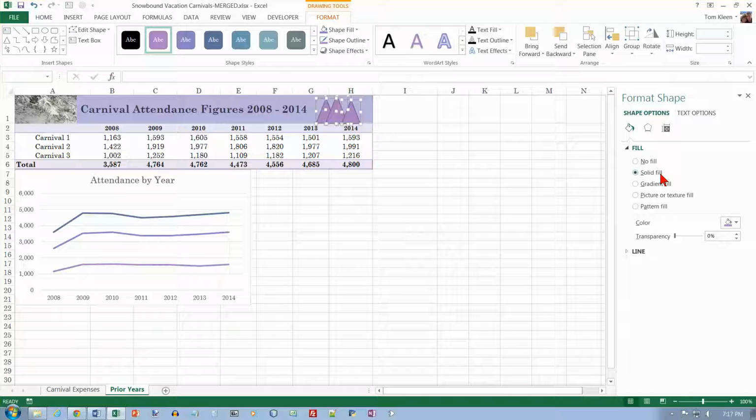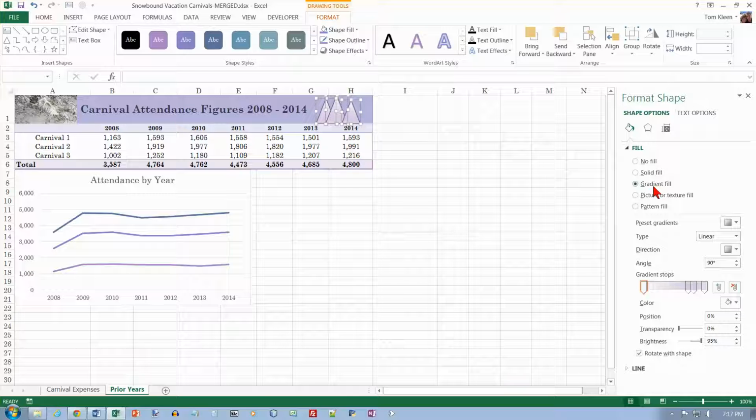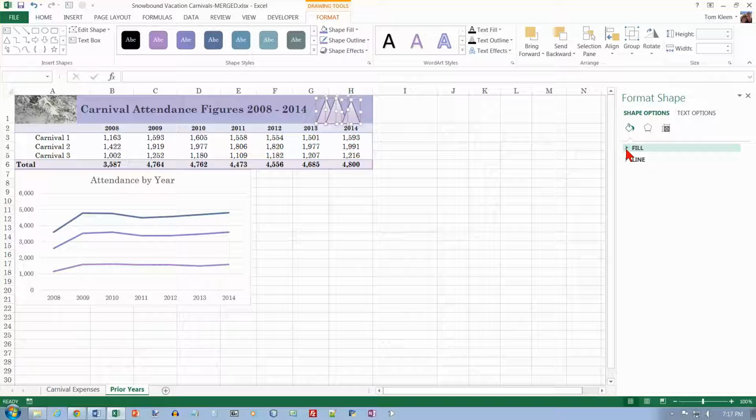And then we're going to do a gradient. I guess we're not changing anything, we're just selecting gradient and going with the defaults here. Okay, then I want to click on the fill arrow to shrink it back up again,